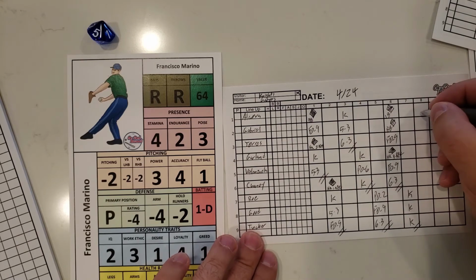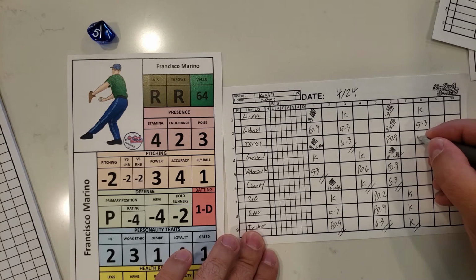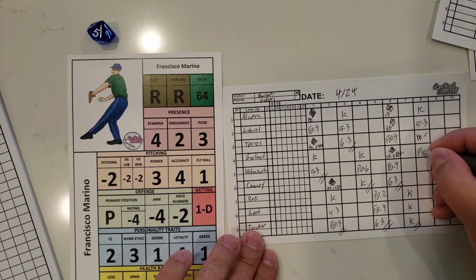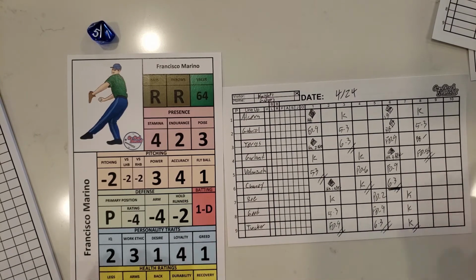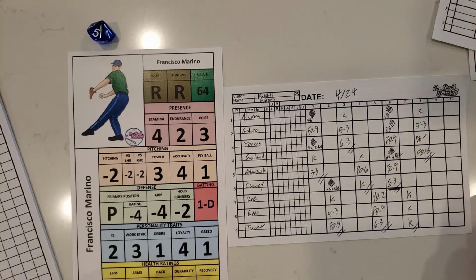Now going into the 8th, we do not have to roll on him because his stamina is a 4. We're going to go ahead and say that Alcova strikes out. Gabriel grounds out. Torres will walk, and Garland will fly out deep to center. Now, remember, we took out our pitcher here, where Marino struck out the side. So now, going into the 9th inning,